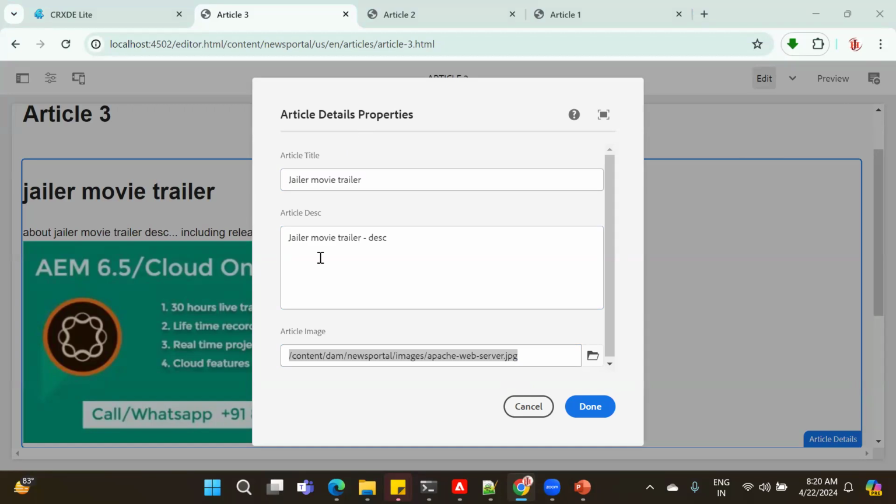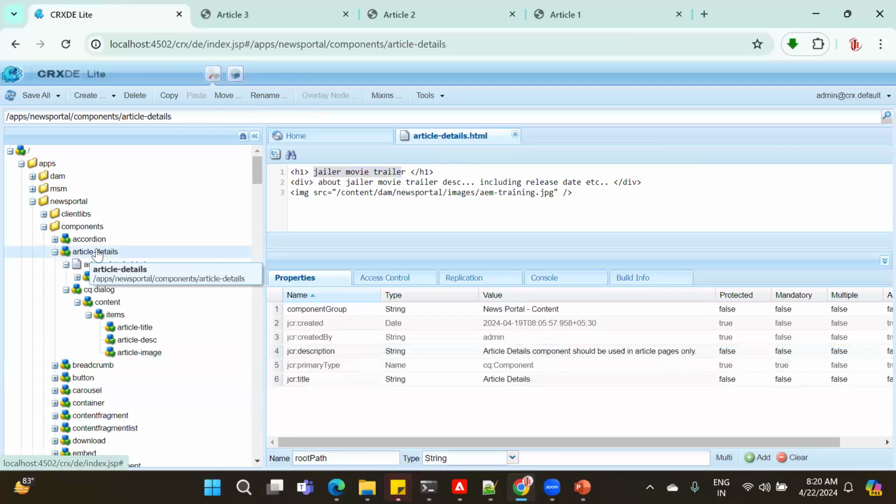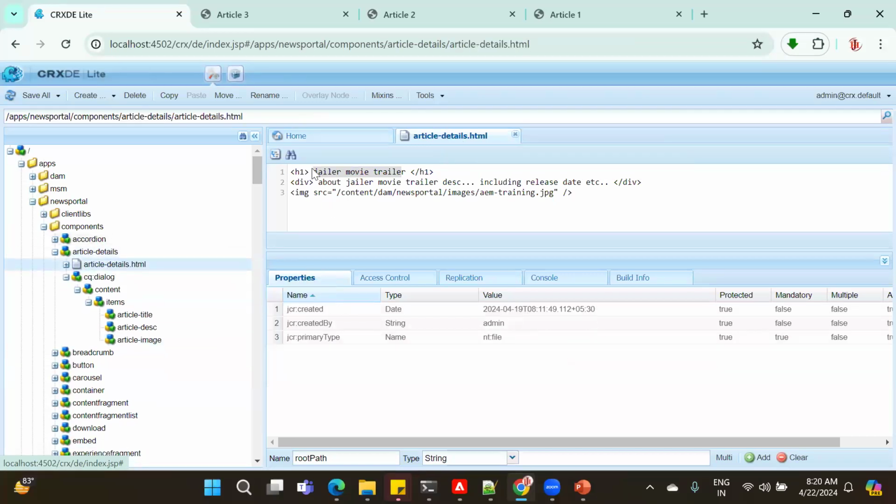Okay, so once you store the data by using the dialog in the content node, we have to read the data into the component. In our component, these entire properties are hard coded. In our component.html file, entire fields are hard coded. So remove the hard coded one and use HTML expression ${properties.articleTitle}